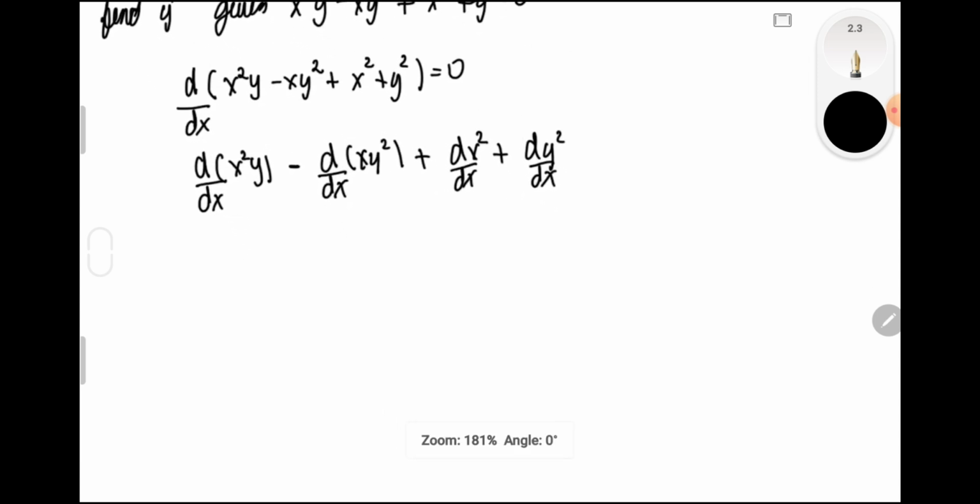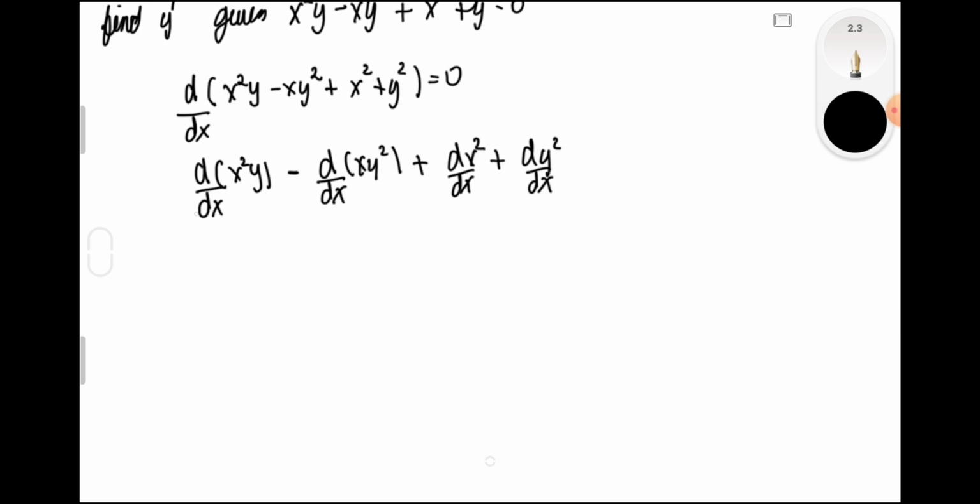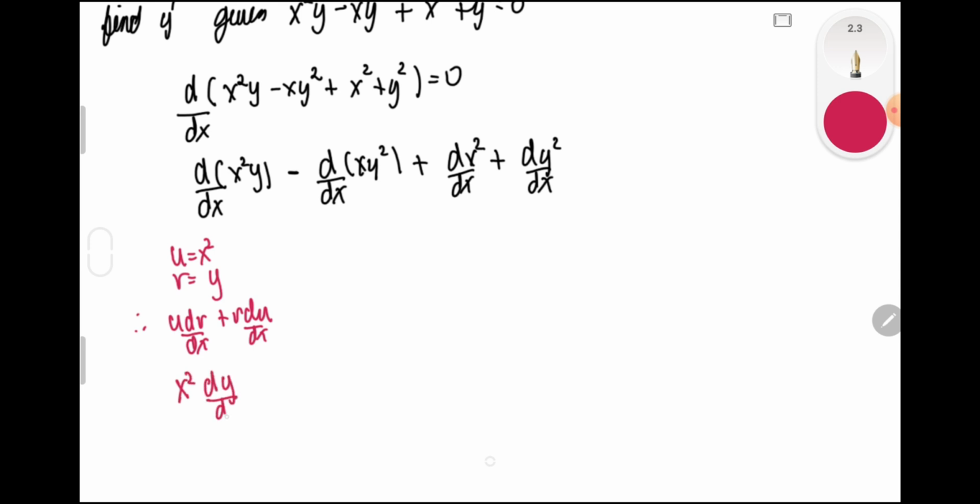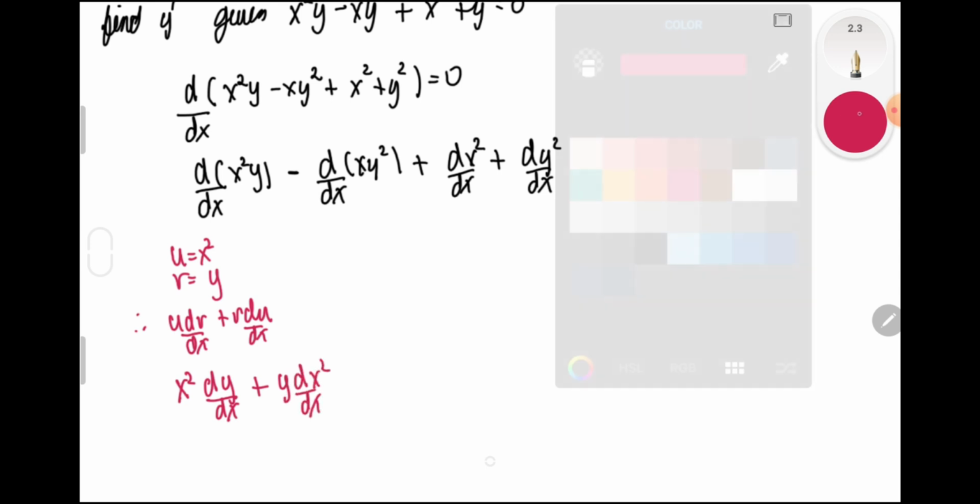So from this point, we may say that you would use our product rule, wherein our u will be equal to x squared and our v will be equal to y. So therefore we'll have u dv plus v du with respect to dx. Okay, so by substituting this function, we will have an equation equal to x squared multiplied by the derivative of v, which is equal to y with respect to dx, plus v, which is equal to y multiplied by the derivative of x squared with respect to dx,